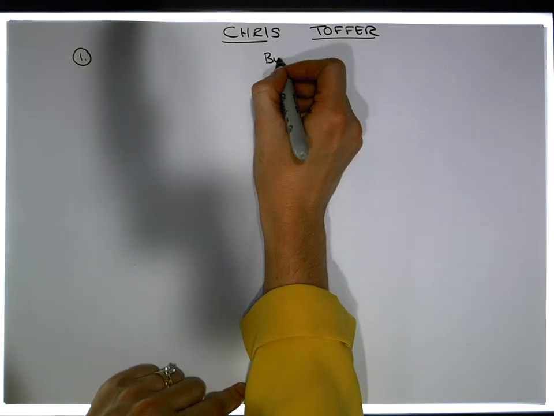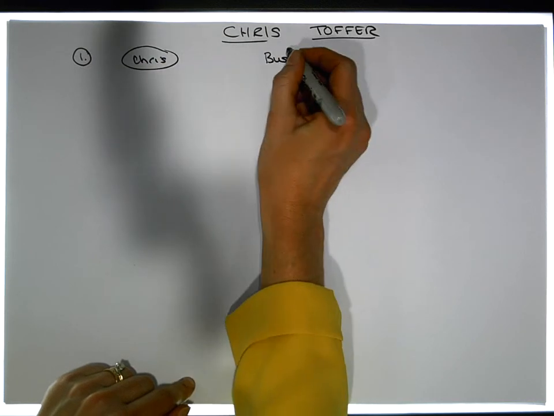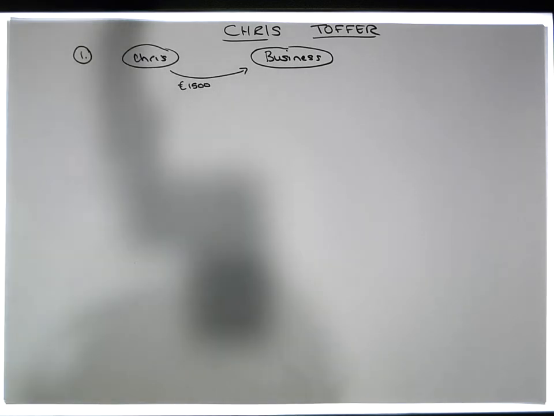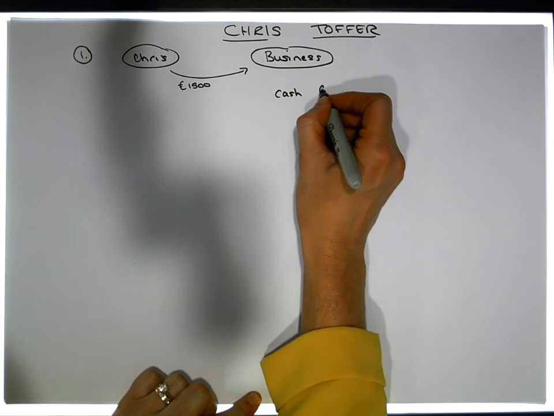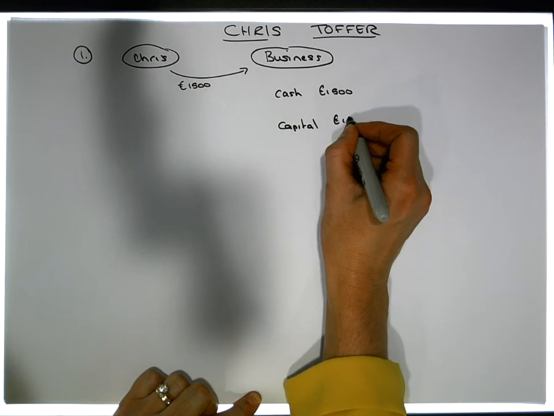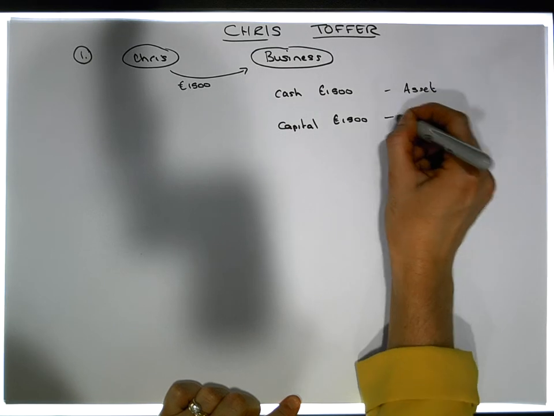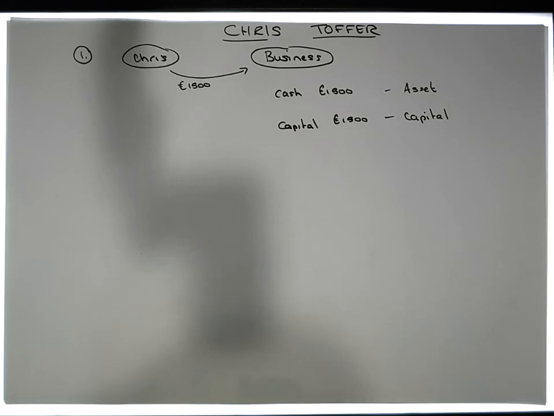So Chris Toffer has 1,500 in cash and he wants to invest that into his business. So what does the business now have? The business has cash of 1500 and capital of 1500. So our assets equal our capital. So our balance sheet equation holds true. Then